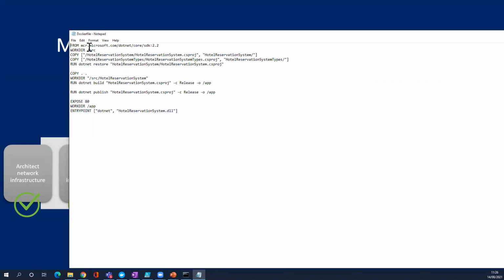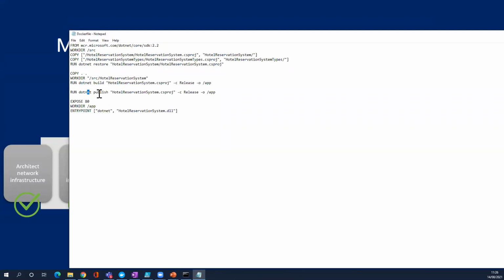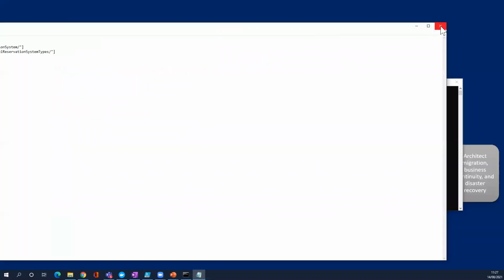So here you can see in the Docker file within that source code, whatever command I mentioned, we are going to copy this .NET Core SDK container image from the Docker Hub, and then within this work directory src, we'll copy our deployment source code, and then we will build it. Once we build it, we'll publish. Once we publish, we are going to expose port 80, and this will give us the application in port 80 to access. So if I just close this,